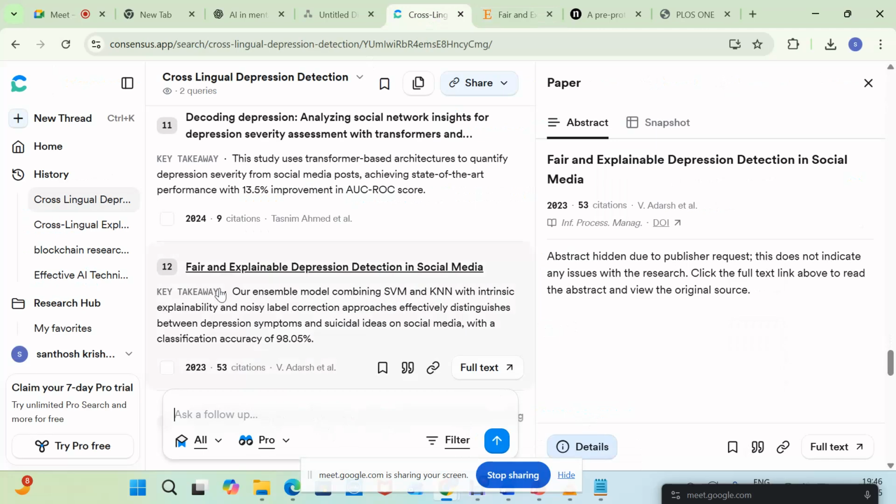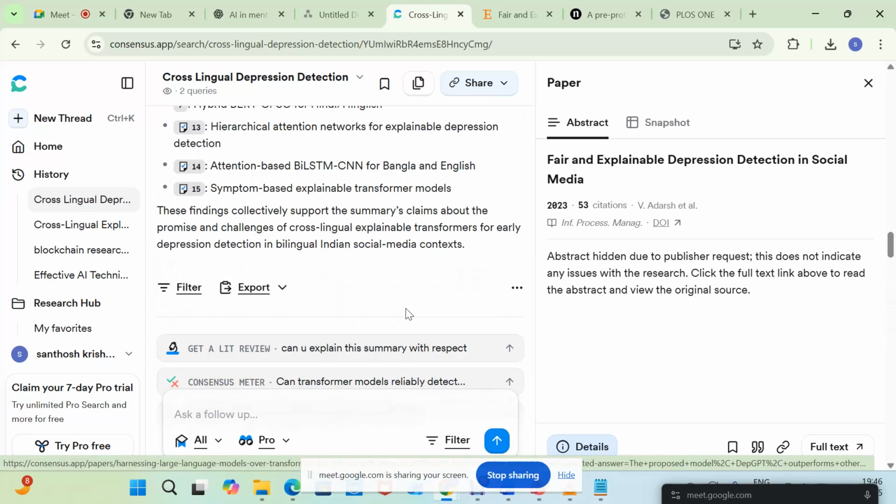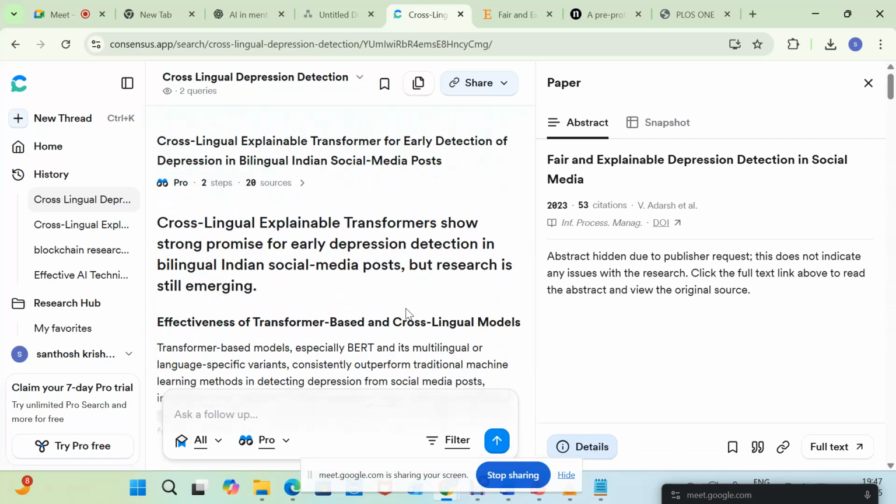Whatever paper is available, you can see how many citations there are and when it was released. If you want to cite this paper, you can directly take the citation from here, or you can take the link. These are the things we can do with Consensus as well.